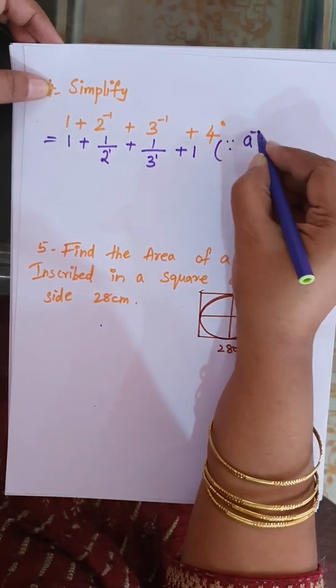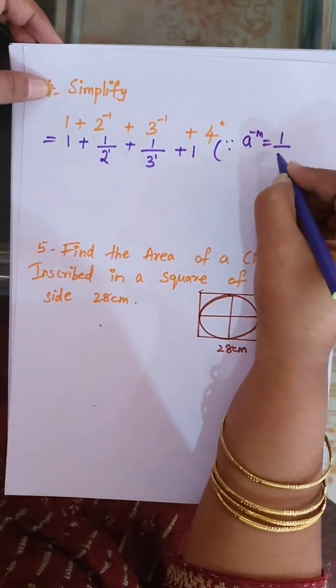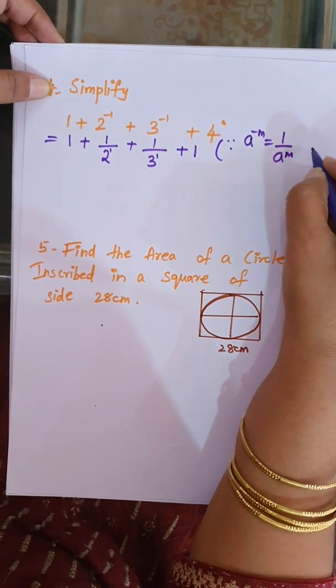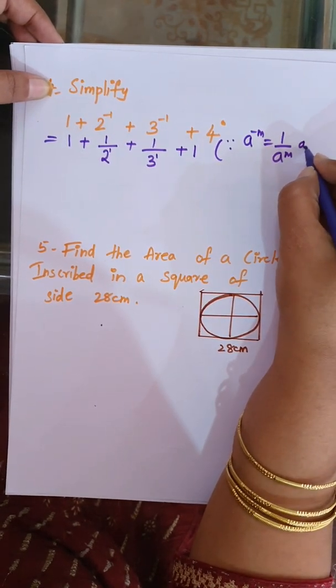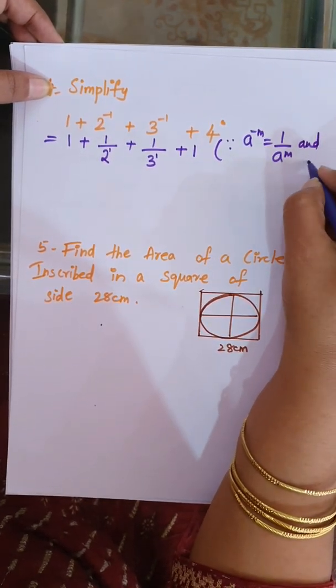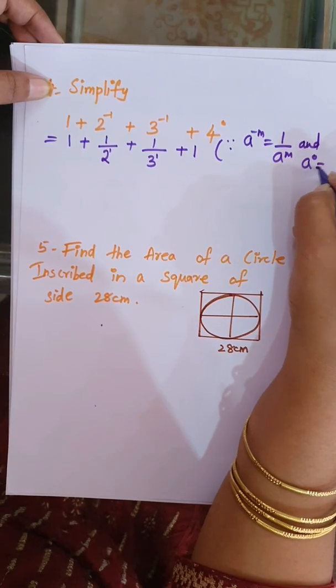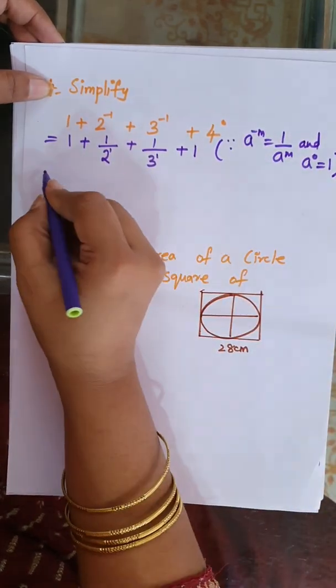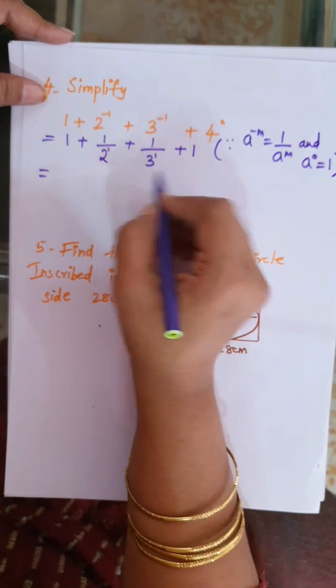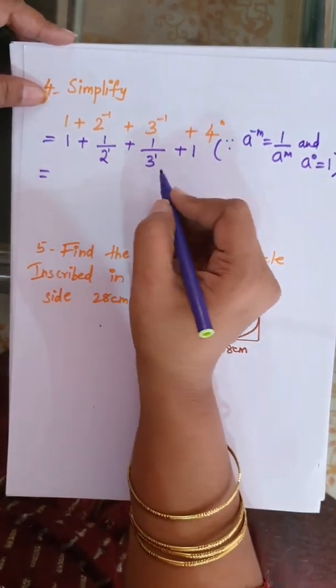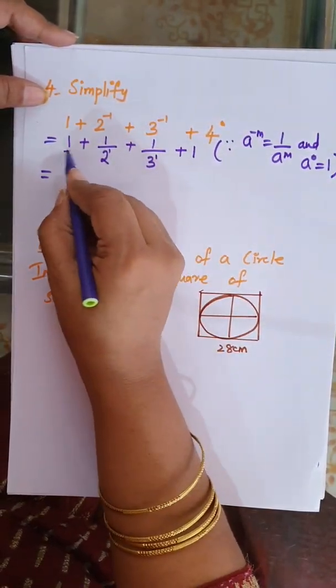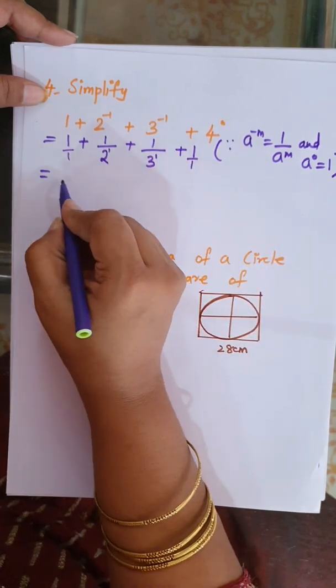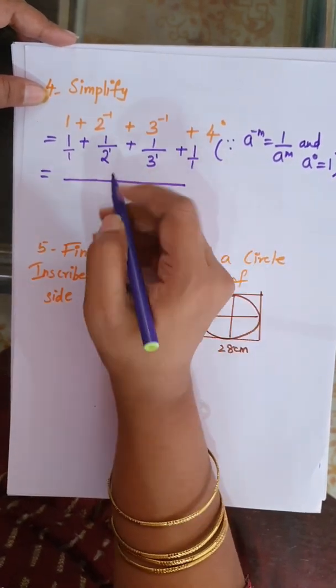First one, a to the power of minus m is equal to 1 by a to the power of m, and second one, a to the power of 0 is equal to 1. So 2 to the power of 1 is nothing but 2. Now we will take the LCM. The LCM of 2 and 3 will be